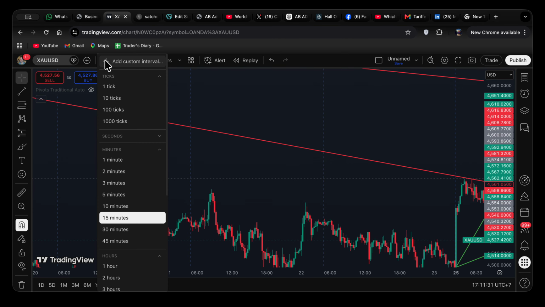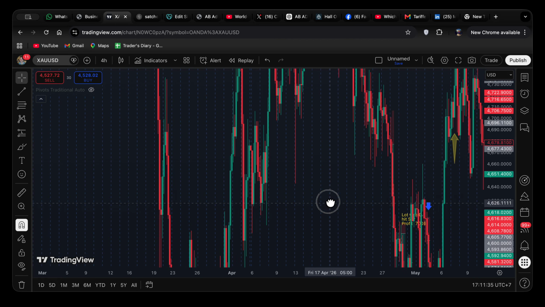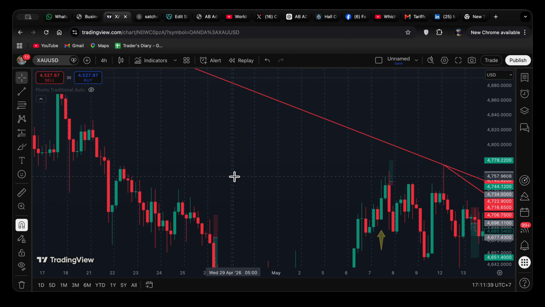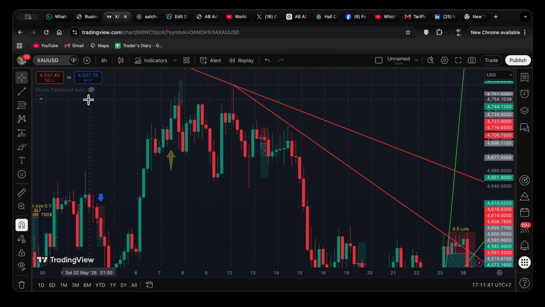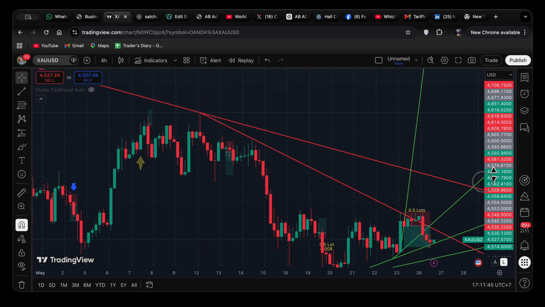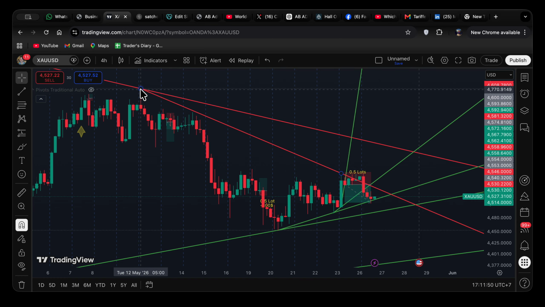Let me switch from the 15-minute time frame to the 4-hour time frame. Okay, so I had in place my red trend line from my latest touch point, which was on